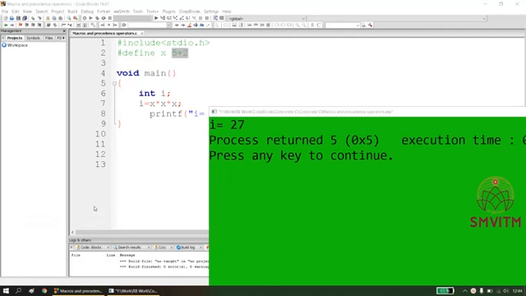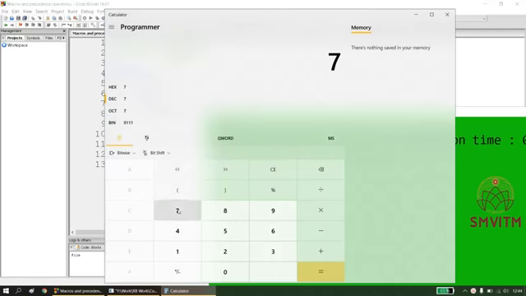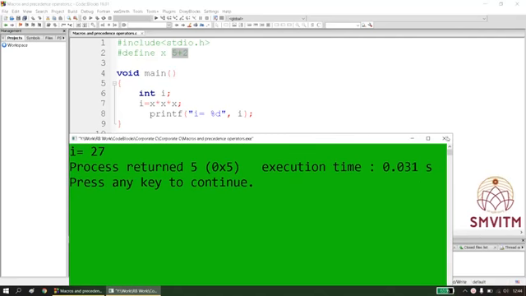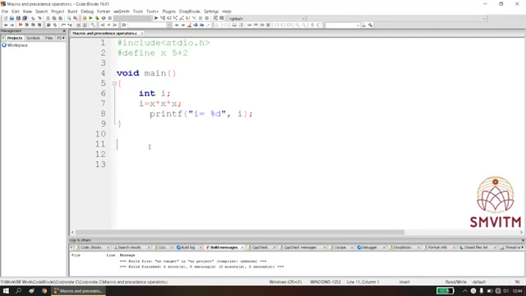If you want, I can show you the calculation of 7 into 7 into 7, which is equal to 343, which is not the output here. Why is 27 getting printed here? Understand that I, which is equal to 5 plus 2, is multiplied in this way. So what is going to be printed out of all this?